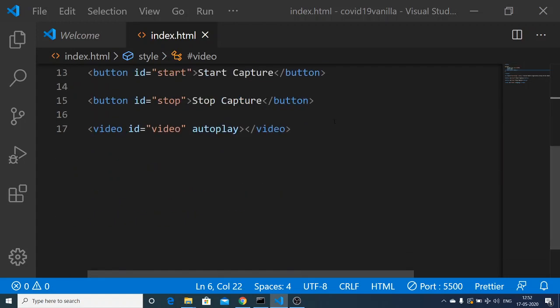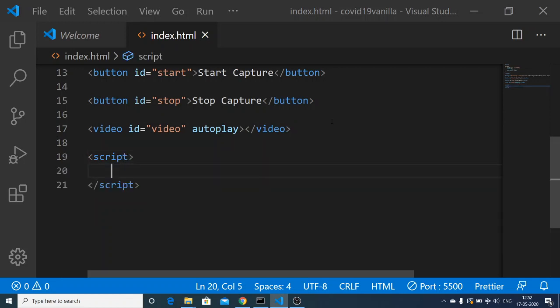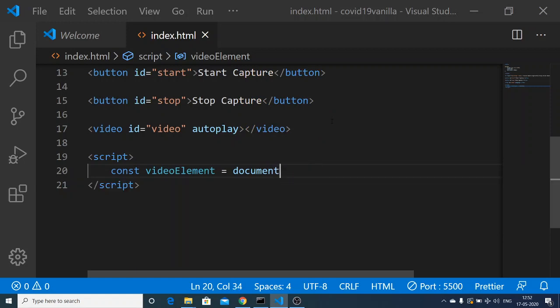Just after this we will have our script tag. Inside this we will first of all get all the references. First will be our video element, so this will be document.getElementById.